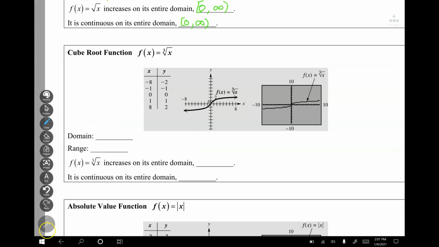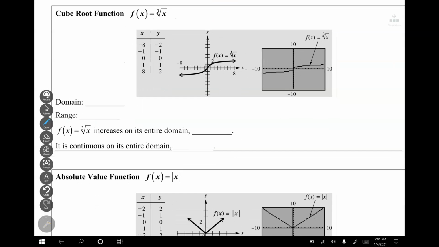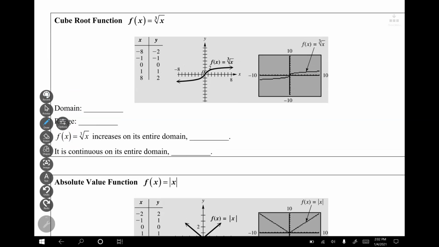All right, now we've got the cube root function. Notice we've got the index 3 right here. Each y value is going to be the cube root of the x value. So the cube root of -8 is -2, the cube root of -1 is -1, and so on. You get all of those values. Again, it's smart to put perfect cubes in for x,